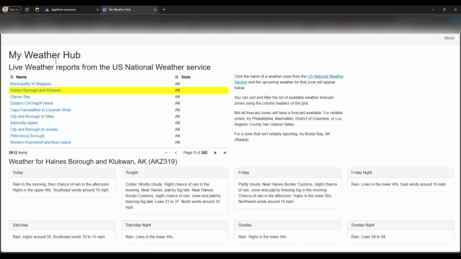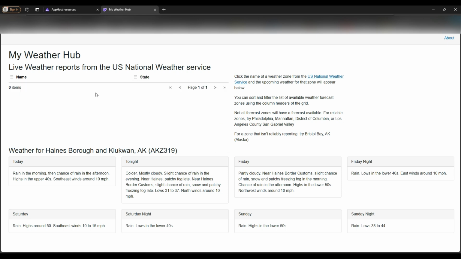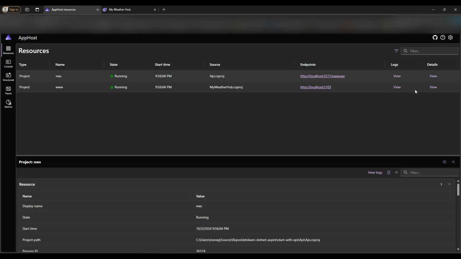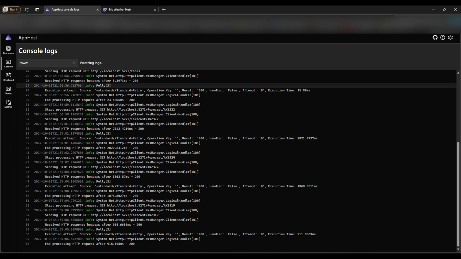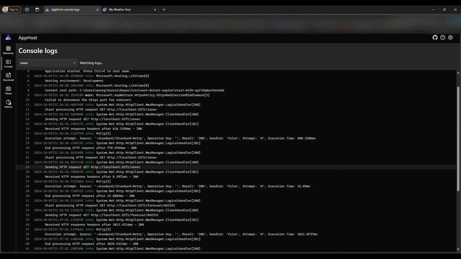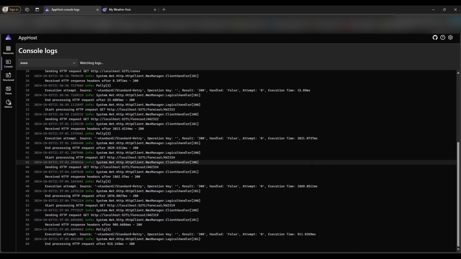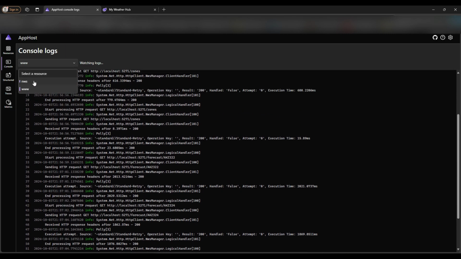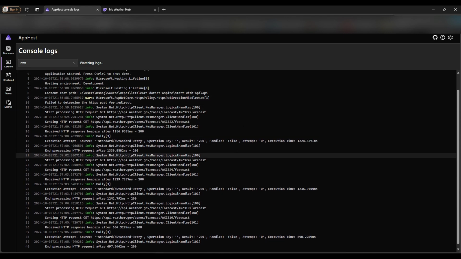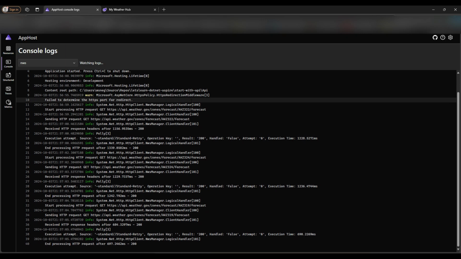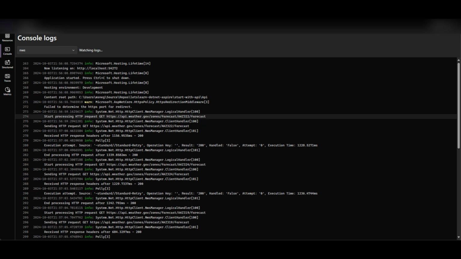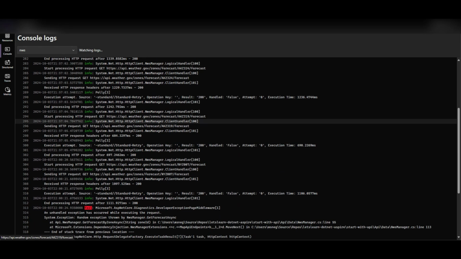I can do searches and use my application just the same way because I have those service defaults loaded. I'm getting the resiliency coming through. I can look at the logs the way I was before using the dashboard. My logs for the website have moved from a console window into the website, and I can see all my logs for my website here. I can flip over to the API and see all those logs here. All right. Now there is a lot more that we can do with this that will make it even more interesting for us to interact with.